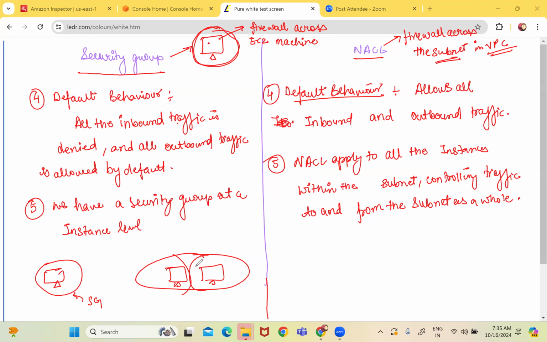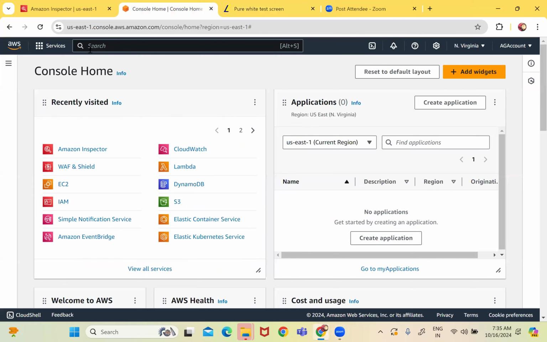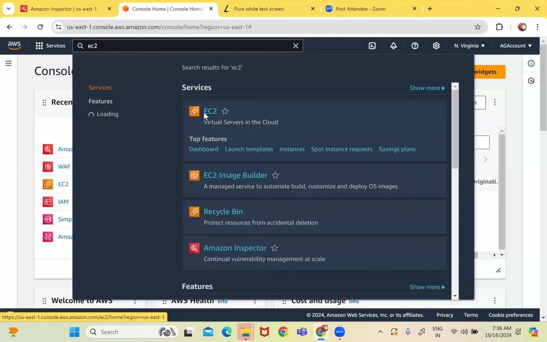Now, there are some other concepts of security. I'm deleting the screen now. Here, if I go to EC2, if I click on EC2 here,